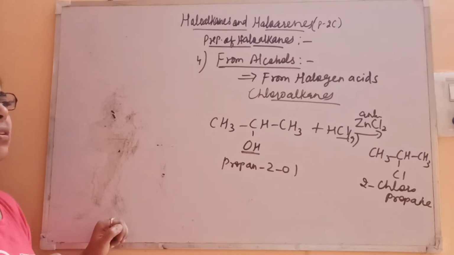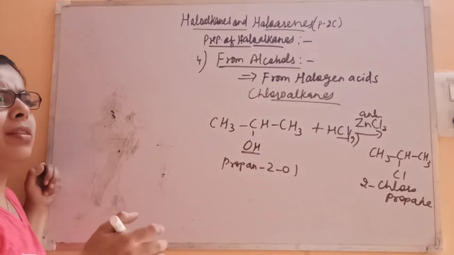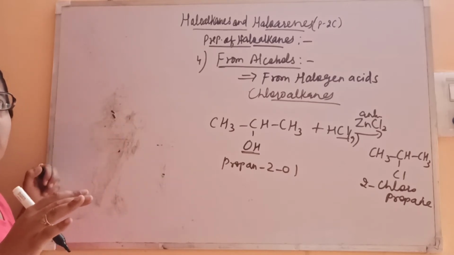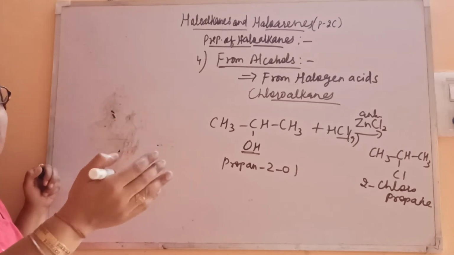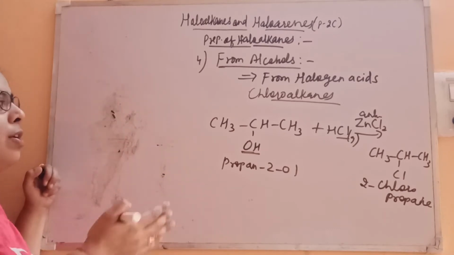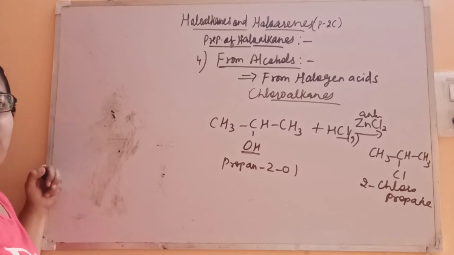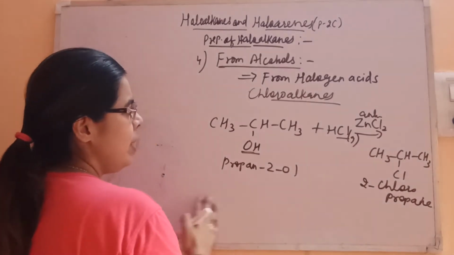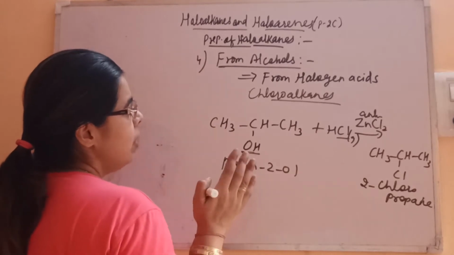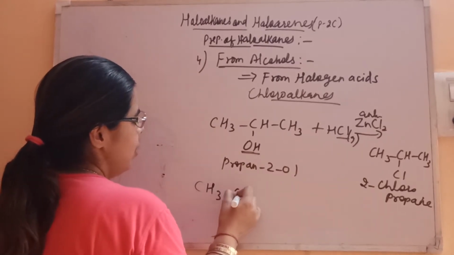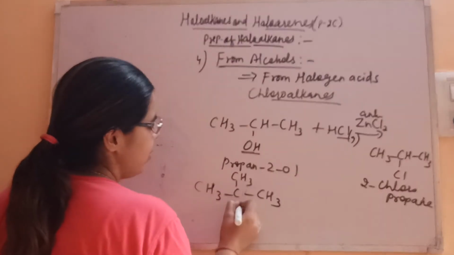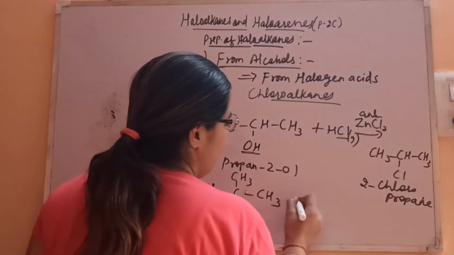Fine, because direct questions like prepare this from alcohol never come. They will be given in the form of conversion: prepare this from that compound, convert this into that compound, like that. So all these reactions will help you there. So don't expect that a direct reaction will come in the form of preparation. No need to expect such kind of questions in the exam. So if I take tertiary alcohol, in tertiary alcohol as such no reagent is required, as it is very reactive. On heating only it will give you the product.